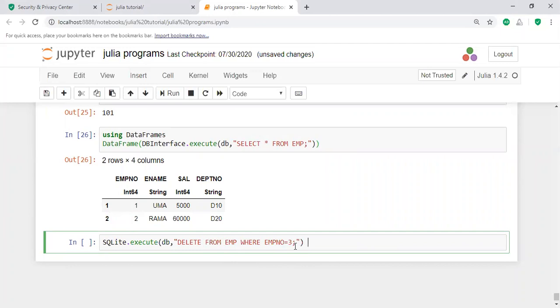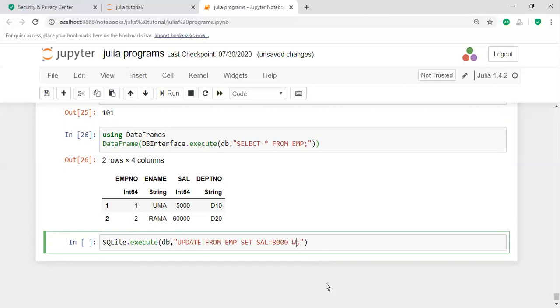What is the update statement here? In SQLite, the update is a DML statement. UPDATE EMP, and then you have to set the salary. The actual salary is 8,000, but unfortunately it's printed as 60,000.